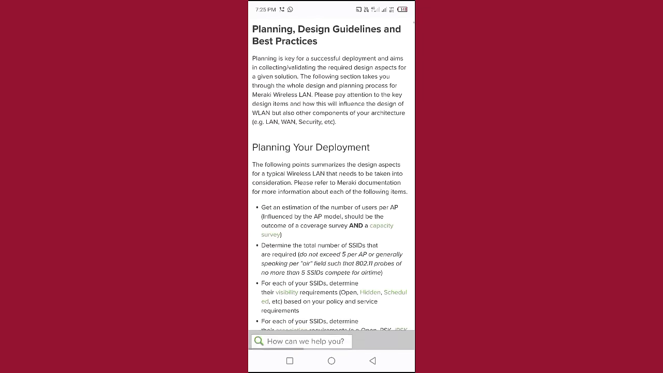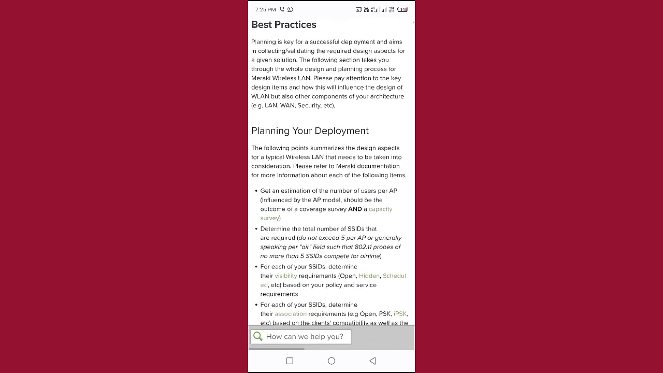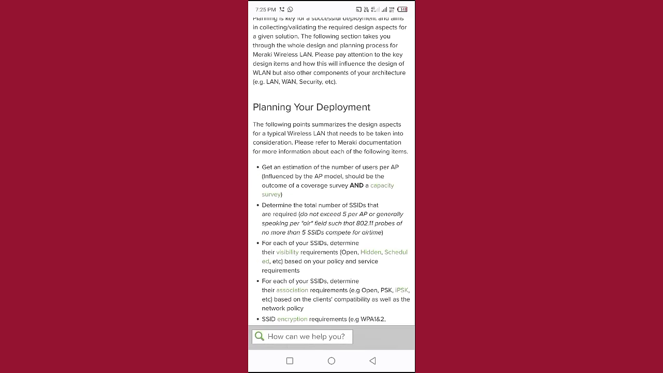Planning your deployment. The following points summarize the design aspects for a typical wireless LAN that need to be taken into consideration. Please refer to Meraki